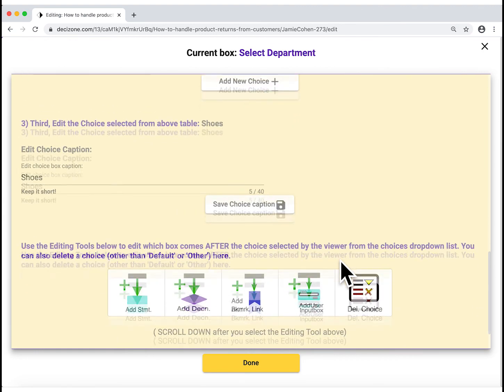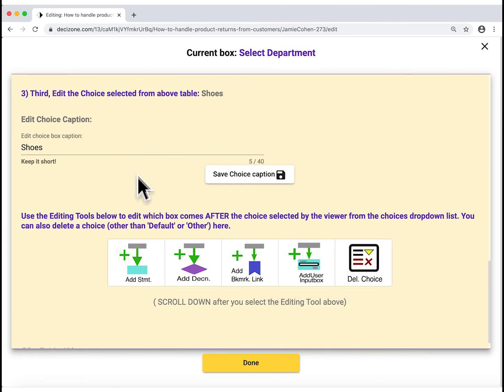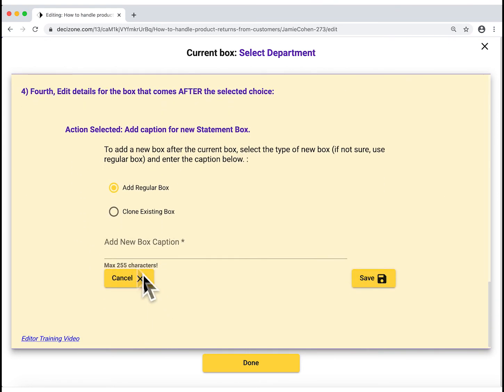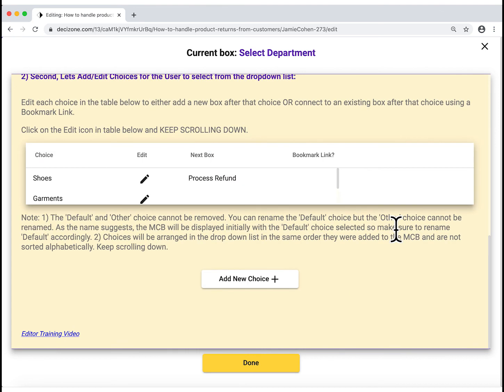We highly recommend that the first box you add after each of your MCB choices be a simple statement box. Statement boxes are uniquely special because they can be leveraged to use all sorts of advanced features like inserting new boxes, creating bookmark links, and more. So let's go ahead and add some statement boxes.